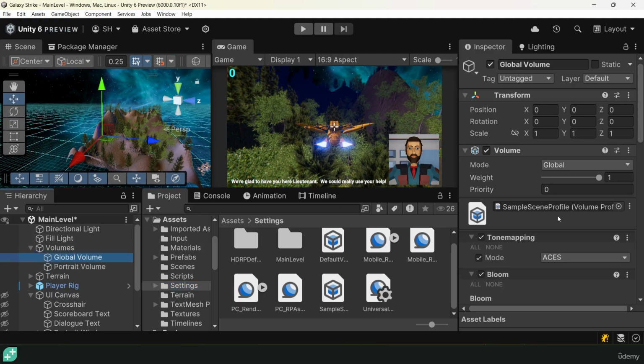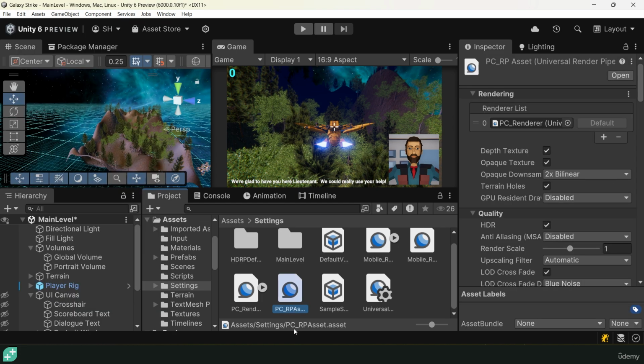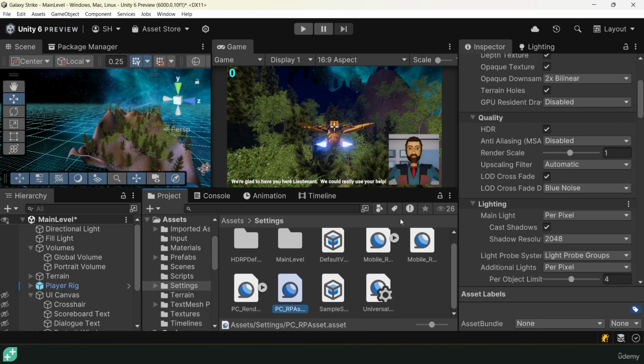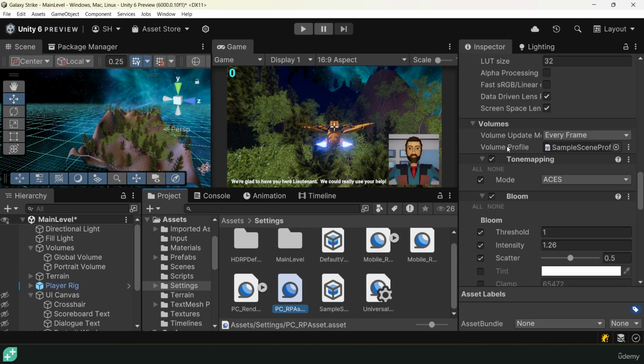If you click your global volume in your inspector and then click this volume profile, you can actually see that being used here. One of the key differences between the volume profile that already exists and the one we just created is one is being used by default for the rendering asset that we're actually using in our project. If you recall, going into your edit project settings, we're actually using this PC_RP asset as our rendering asset for this entire project. Well, if you actually scroll down on this asset all the way into the inspector, you can actually see in this volume section, we have our volume profile, sample scene profile, as the default profile for this